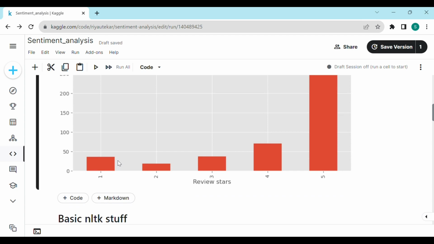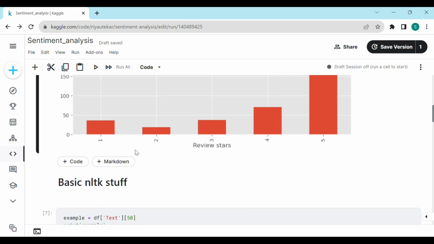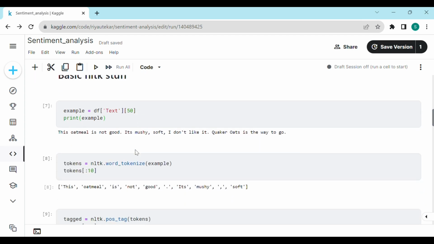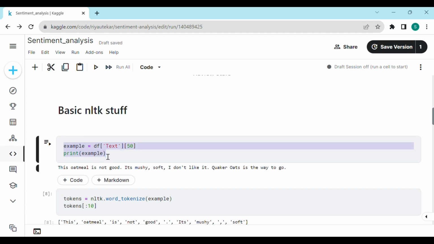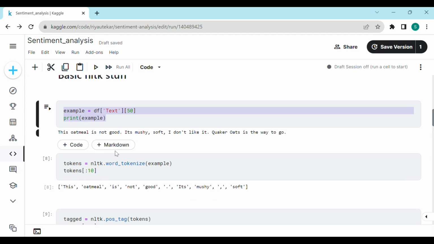Now the next thing we'll do is just some basic analytic stuff. Let's start by taking one example review, the 50th value, and we'll print this example. All right, so what did this person say? He says the oatmeal is not good, it's mushy soft, I don't like it. Quaker Oats is where you go now. Okay, so there seems to be a negative sentiment here, but before we get into that, let's see some of